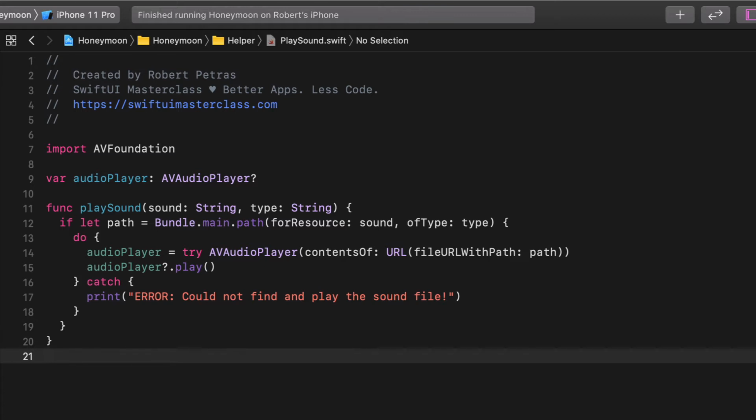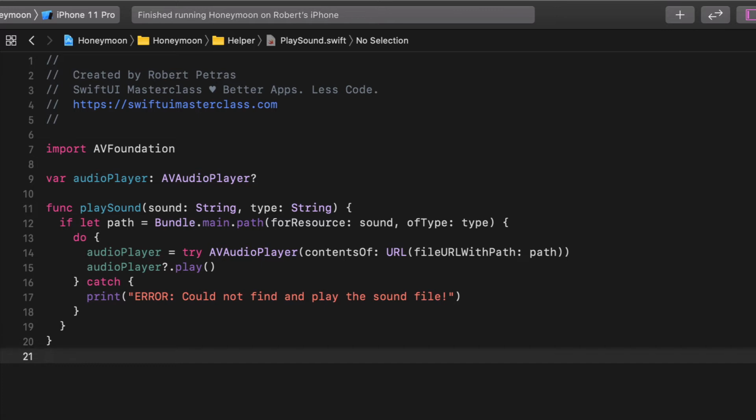Good Swift programming practice is to use the do, try, catch block of code for further error handling. If the app cannot access the sound file because it doesn't exist or maybe we misspelled the name of it, then it will print out a basic error message in the debug area.